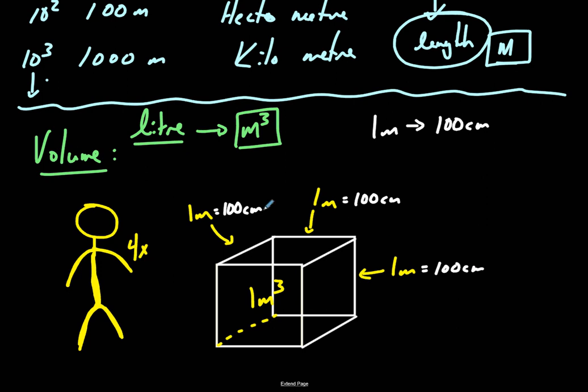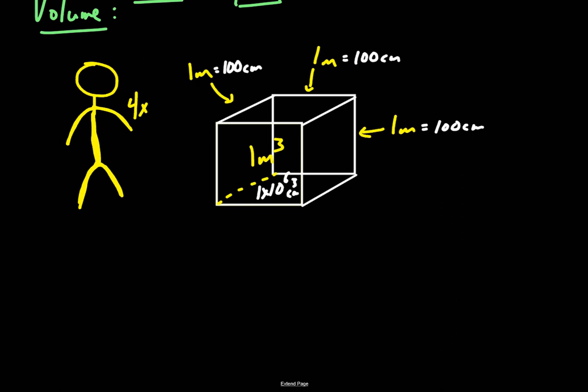So you've got 100 times 100, which should be 10,000, times another 100, which brings you to 1,000,000, right? So inside a cubic meter, you have 1 times 10 to the 6 cubic centimeters. Okay, so now that you have a measure of volume here, you can actually define some things about this, right? So instead of using cubic meters or cubic centimeters,